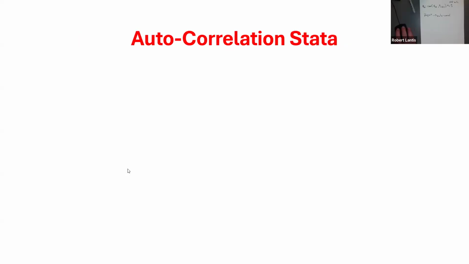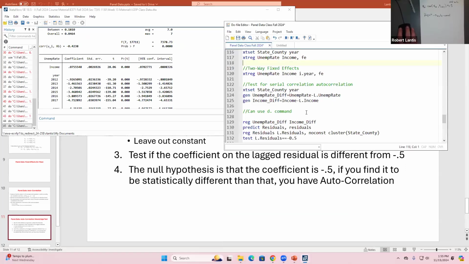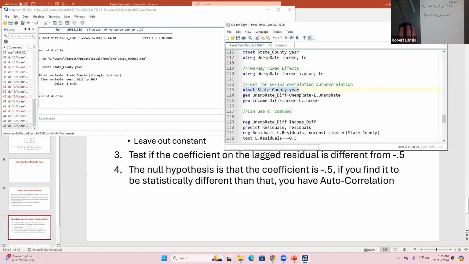Stata, right? So that should end the slides here. The rest of what we're going to do is work in Stata. So the example I have here, we're looking at that unemployment income again, right? So how can I test for autocorrelation in the error term? So here I'm just going to go back to setting this, make sure my panel data is set correctly, right? So anytime I have my data set set up as a panel data set, so this is going to tell me my state county combination by year,